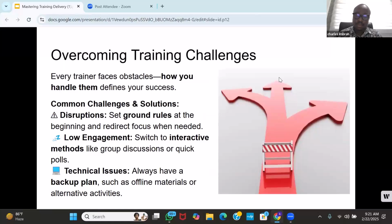Now, just as everything is well and things go well at all times, we are all bound to face some challenges. And so every trainer faces obstacles, and how you handle them defines your success. And so I've put in some common challenges and solutions. These are just a few, but they are enormous, and you could research on the internet for more. Disruptions. So to avoid disruptions, you should at all times set ground rules at the beginning